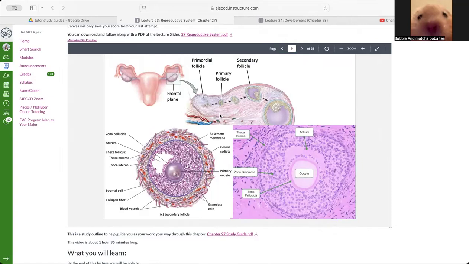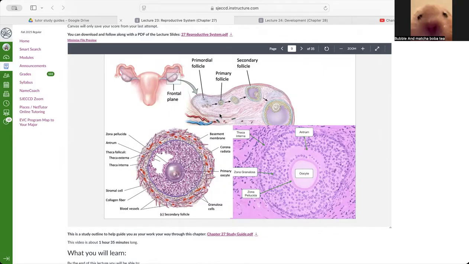The secondary follicle is going to progress over the course of a month and mature to tertiary. The antrum is large and filled with follicular fluid, which surrounds the oocyte, with signs of it being ovulated. So once it goes to the tertiary follicle stage, this is when the primary oocyte is going to start to go through